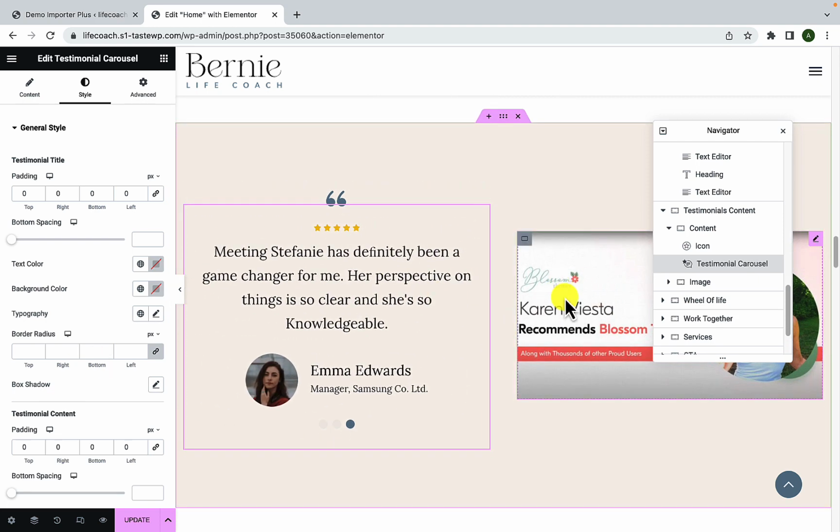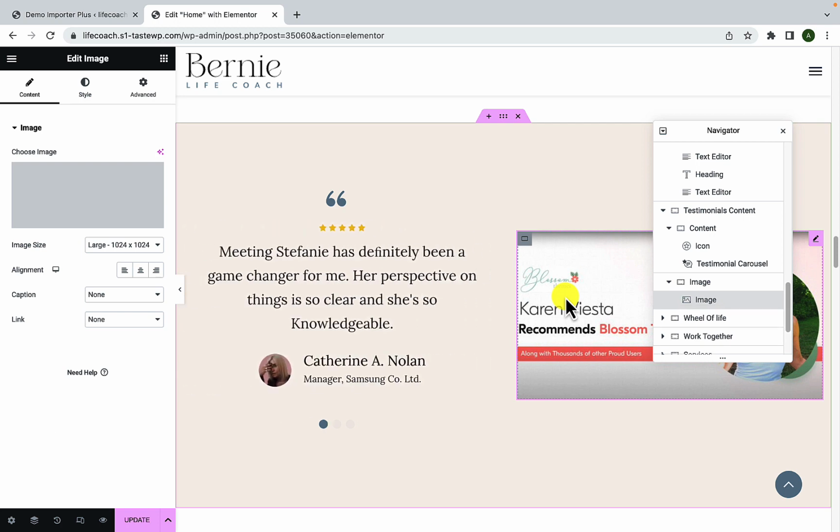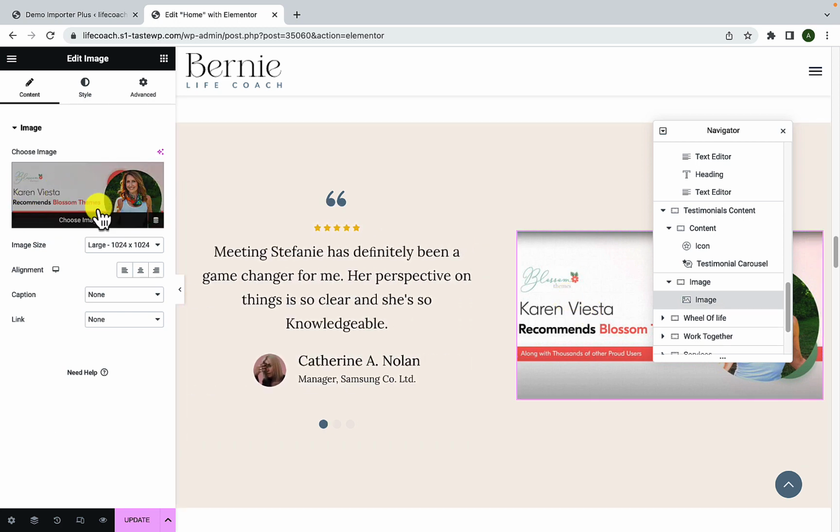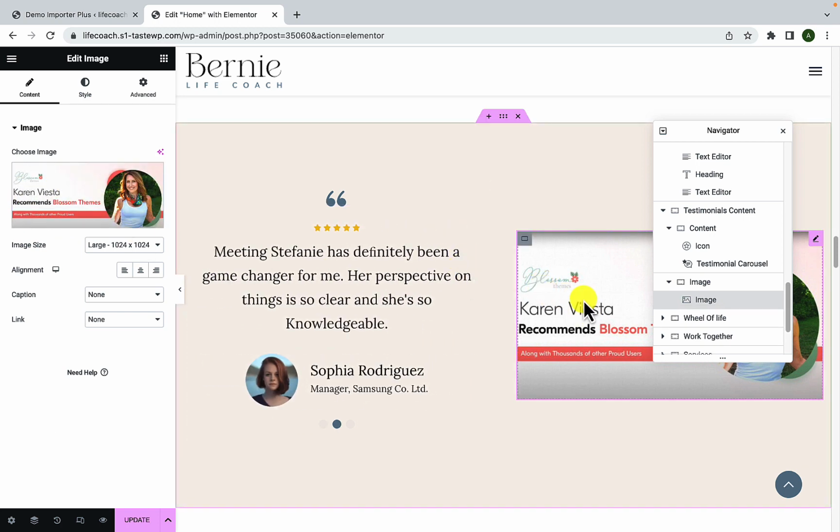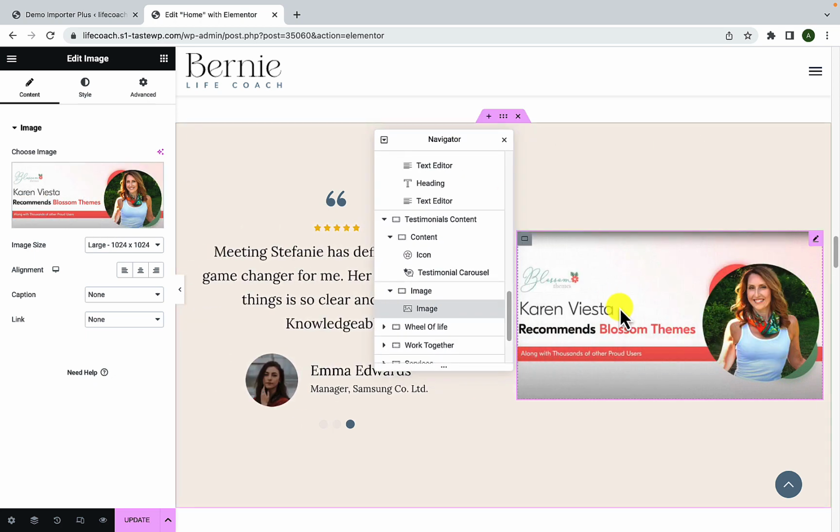Next, we have the image here. So click on the image, and here you will be able to select a different image. Simply click on Choose Image, and you can change the default image that is given here. Next up,